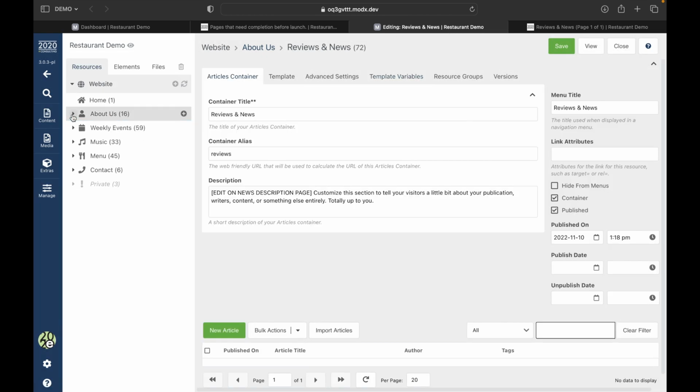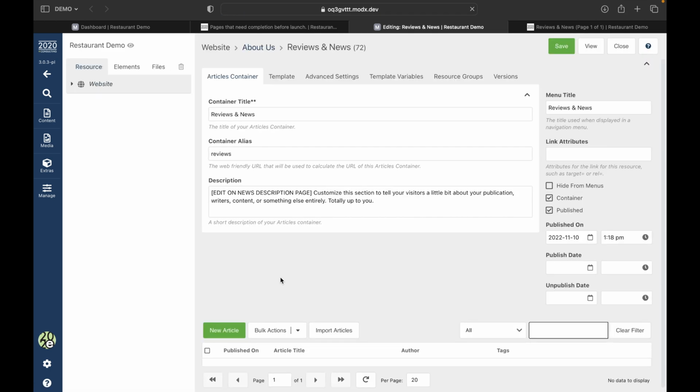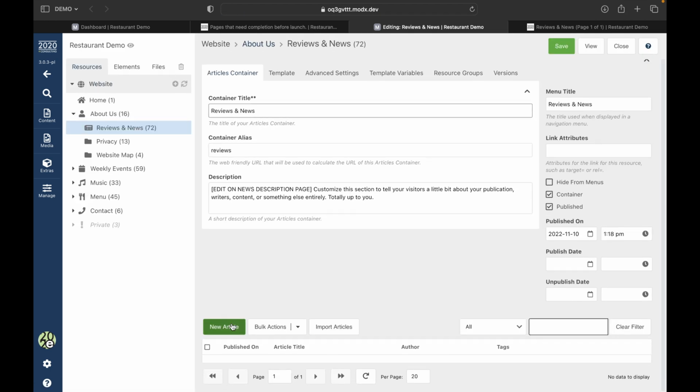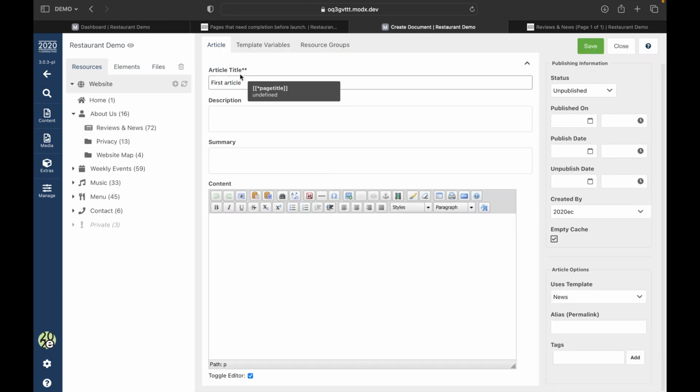Okay, to add a story, the way you'd find it on the menu is it's under the About Us section. You click here to expand the menu out. You click on Reviews and News. And here we are. So we have the option to make a new article. Green button down here. Okay, so here we'd put the article title, the description of the article, the summary, and